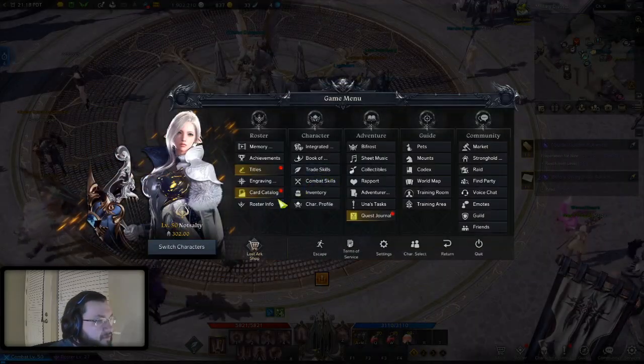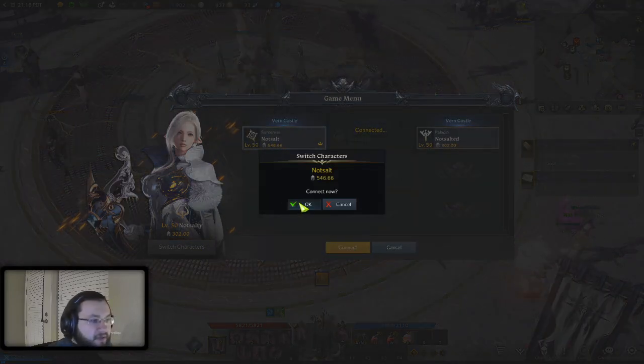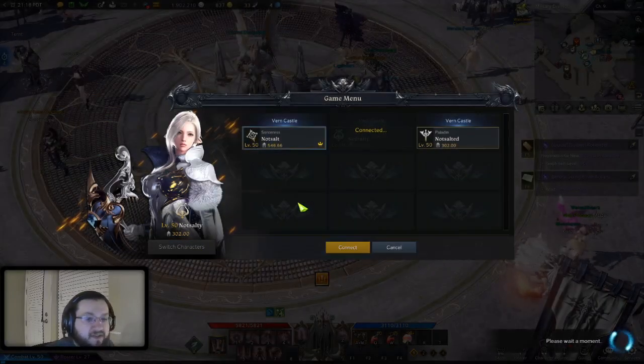So let's hop on over right now. Let's switch to my main character now, and it should be in my mail. And we're just going to dismantle it on my main character. So now, worst case scenario, especially for the regular equipment that you do dismantle on your alt character, you can